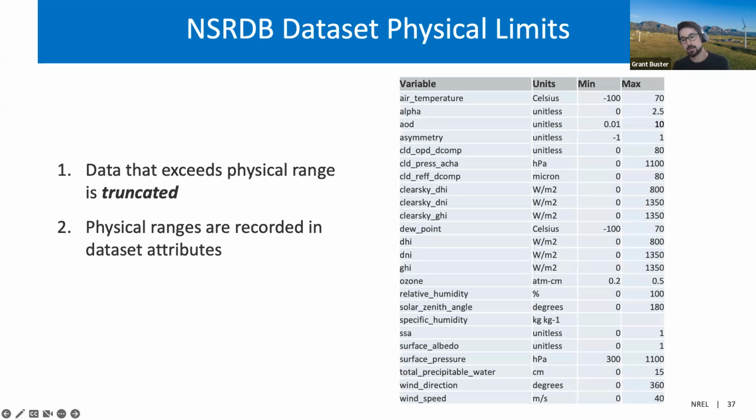As mentioned, we get all of our data sets from a variety of different sources, MERRA, satellites, et cetera. These models and data sets in and of themselves are not perfect. So we make sure that we have appropriate physical values for all these data sets before they get passed into the physical solar model, so that we don't get weird things like negative aerosol optical depth or anything crazy like that. That's been really good to improve the quality of the data. Next slide.